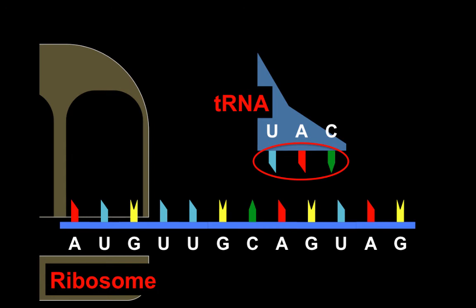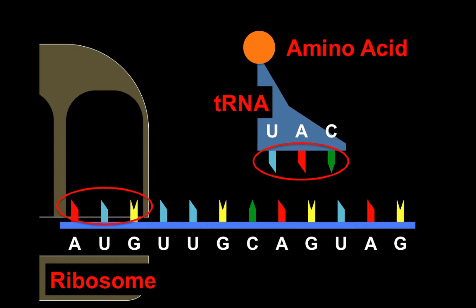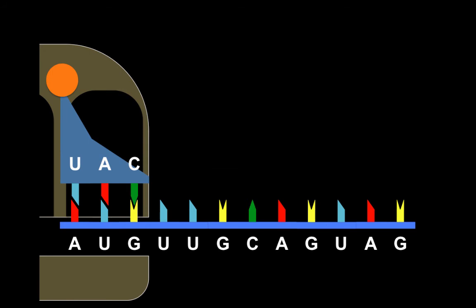So the first mRNA codon is AUG, and this tRNA has UAC. That's what allows it to bring the right amino acid to match up with the correct codon in the mRNA. So this tRNA is going to attach into our ribosome, bringing its amino acid, and then